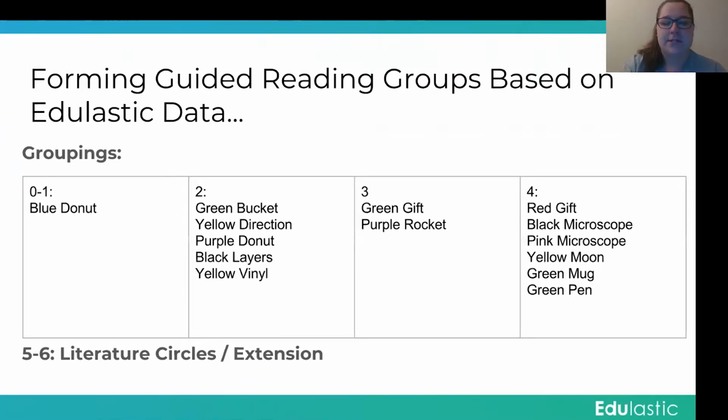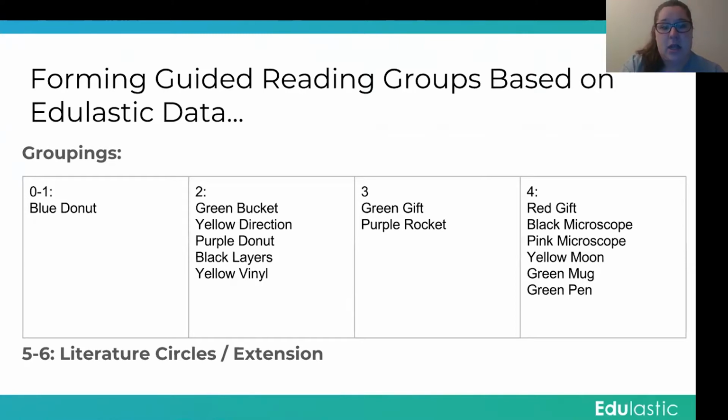So it was kind of hard to see in the last slide, but looking at all of the different pieces of data, I've now looked at how many questions each student had gotten right or wrong. For example, this student right here, whose name is Blue Donut, had gotten no questions correct, or had only gotten one question correct. And so for me, I feel like that student really needs to be in a more one-on-one guided reading group for that particular skill, because they need a little bit more